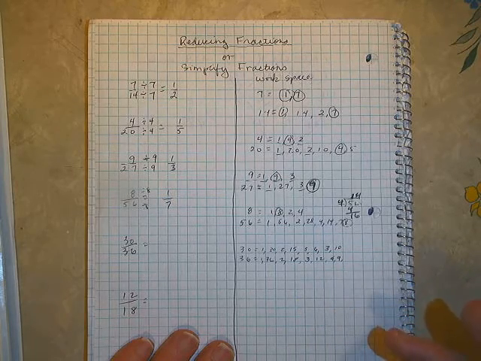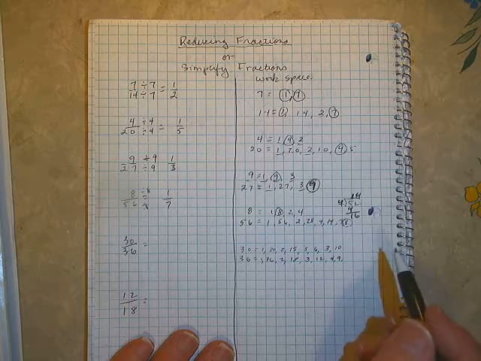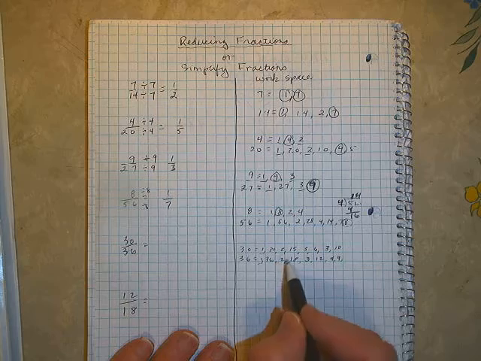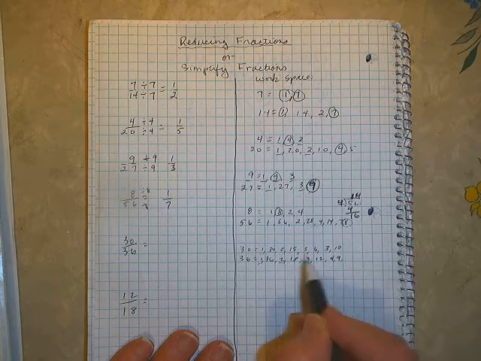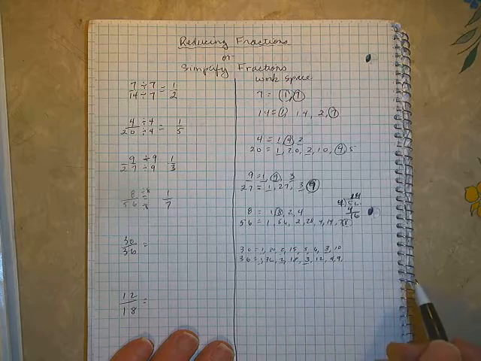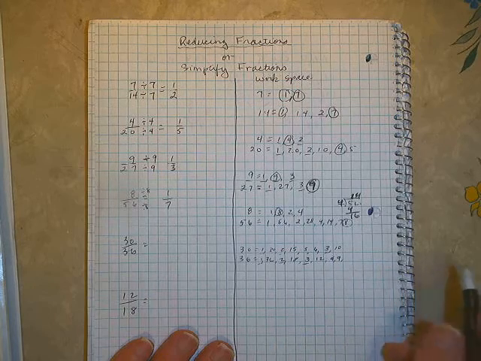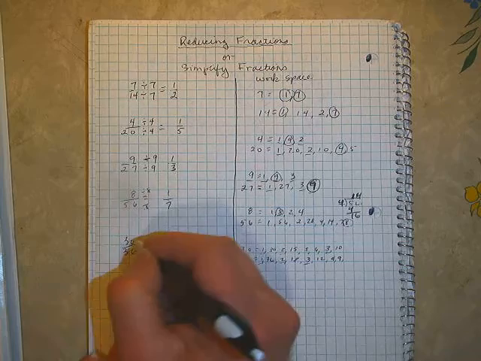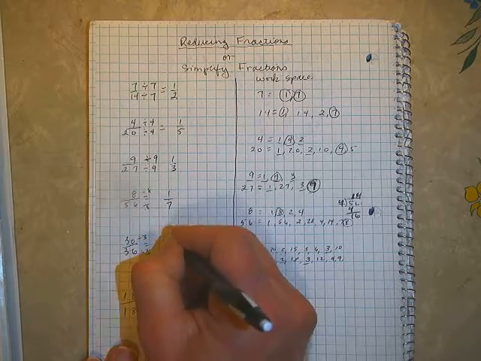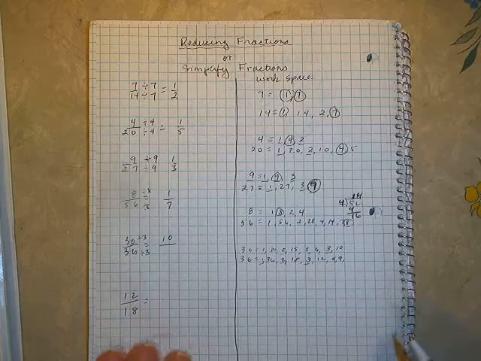Okay, so my greatest common factor here, we've got 1 and 1, 2 and 2, 3 and 3. Looks like 3 is the greatest common factor. So I'm going to divide that by 3, and I divide that by 3, and I have